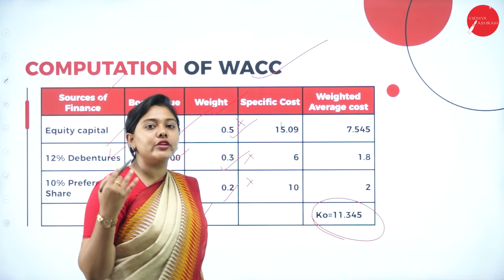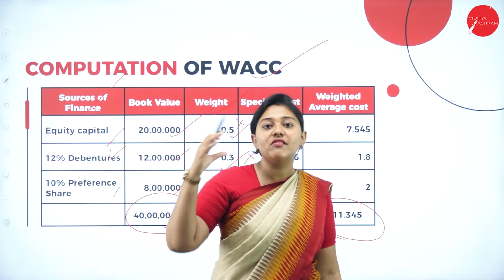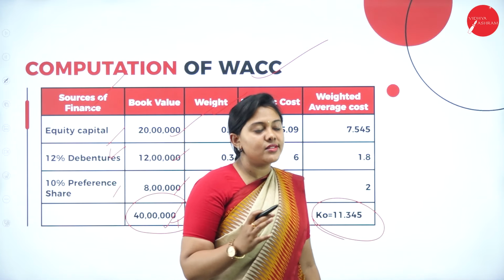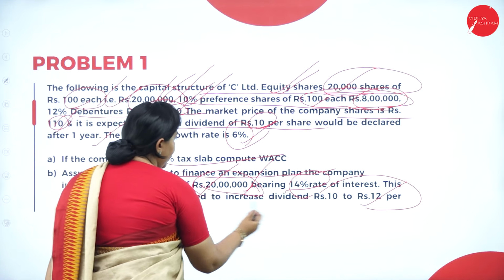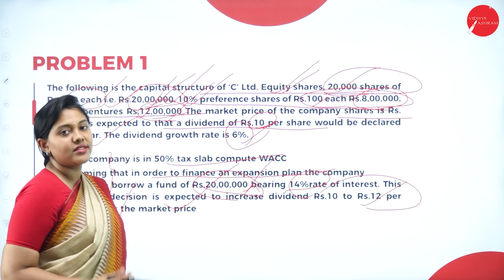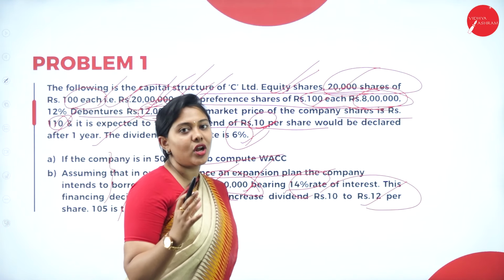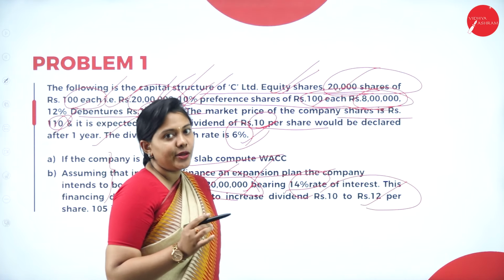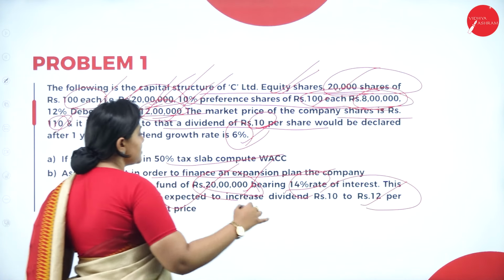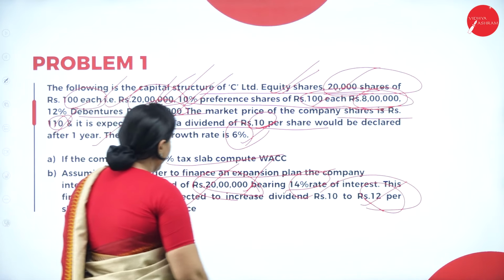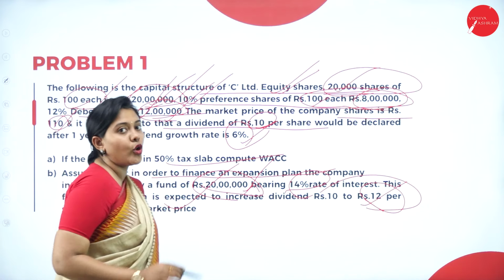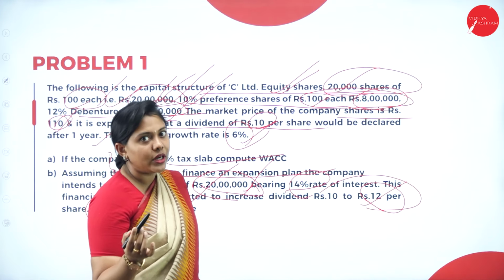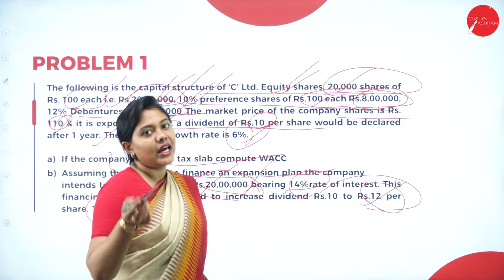Further, the company wanted to expand its business, so they have added an additional capital to the capital structure. That is 20 lakh, 14% interest rate. Since there is a change in the capital structure, there will always be changes in the dividend that is issued for the equity shareholders. So there is an increase of 12 per share and market price is 105. So you need to calculate again the specific cost for